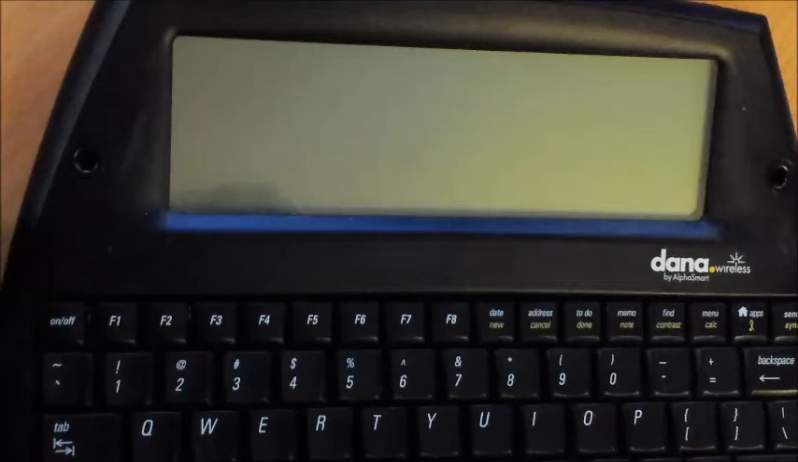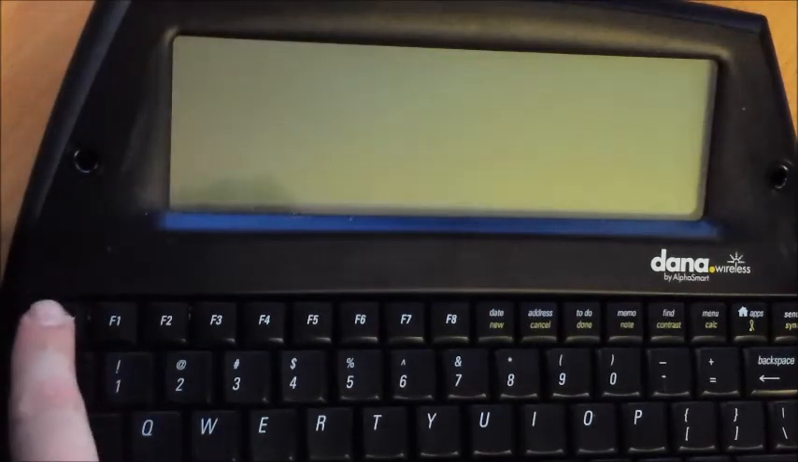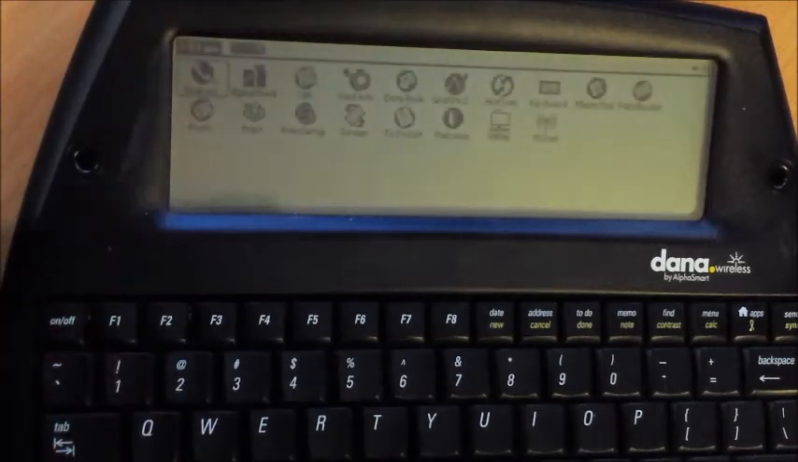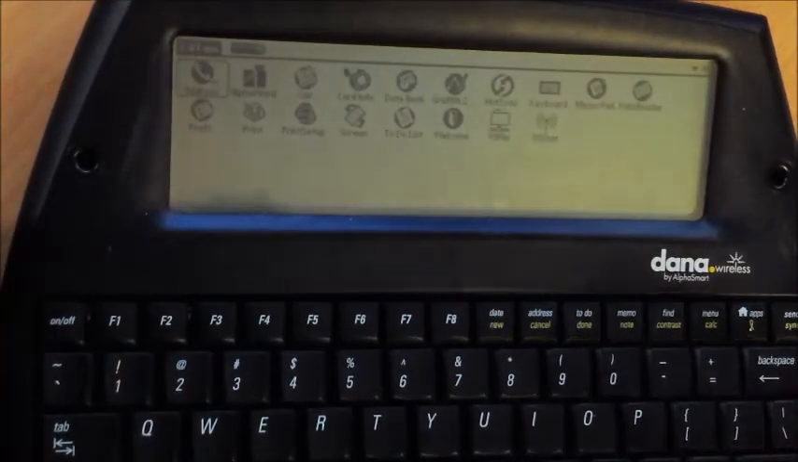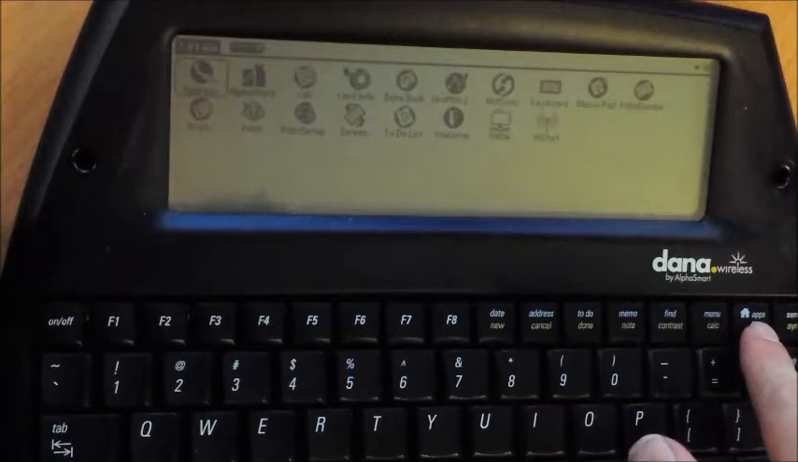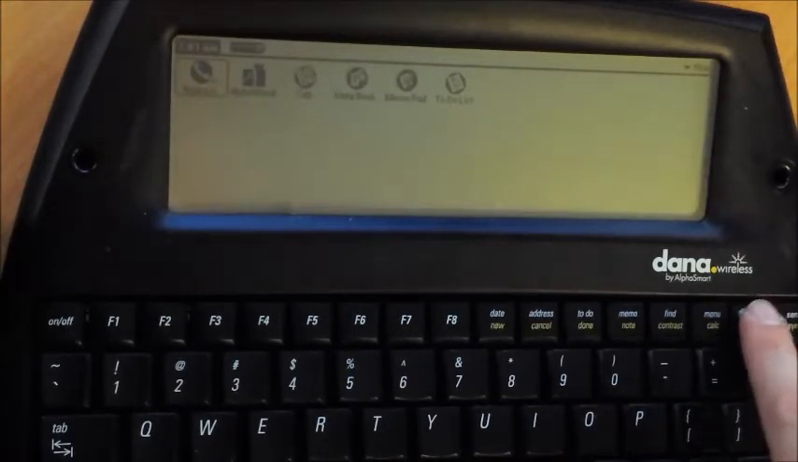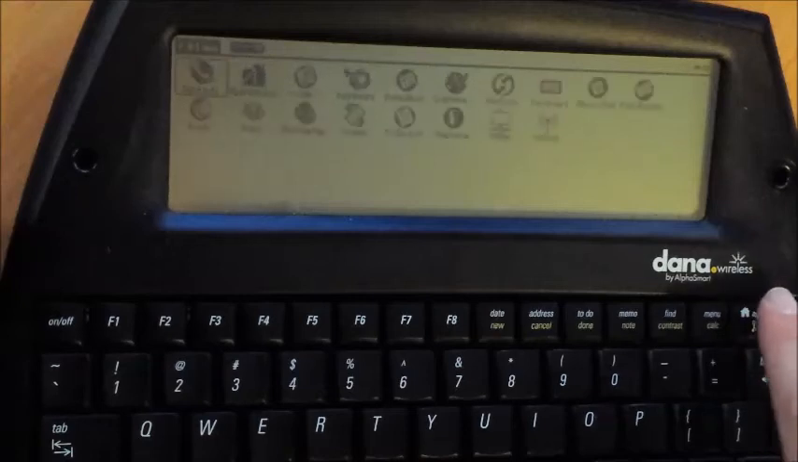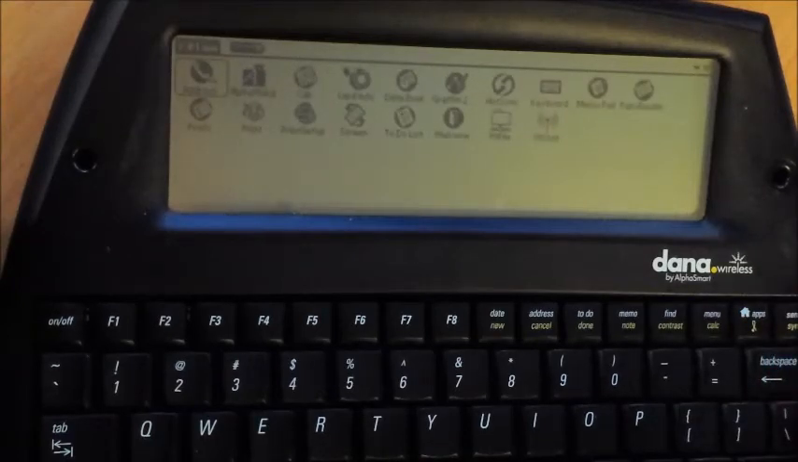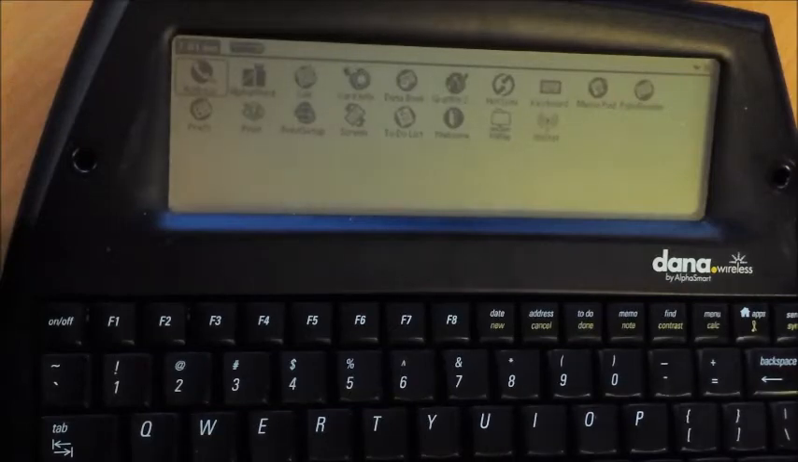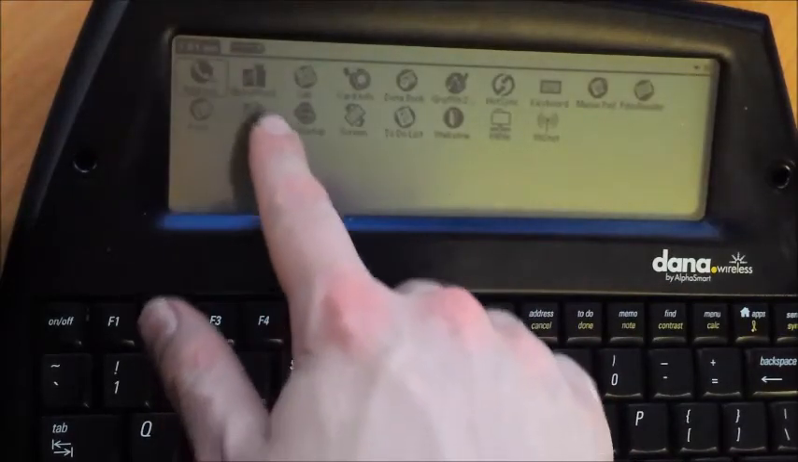So having a quick look at the Alphasmart Dana itself, go through the on, which is instant, and the app button, which takes you back to the home. I consider this more of the home screen. If you click on it multiple times, it can be broken down into categories, but there's the foundation of what it can do. The main ones that I'm interested in is the Alpha Word,